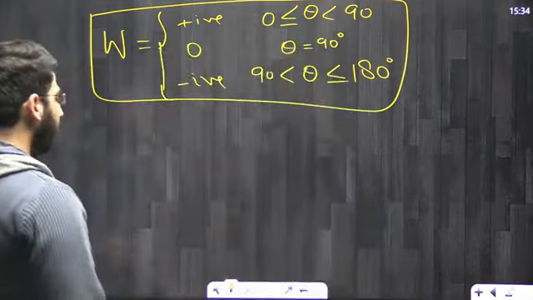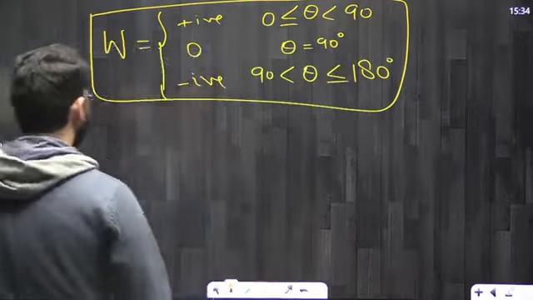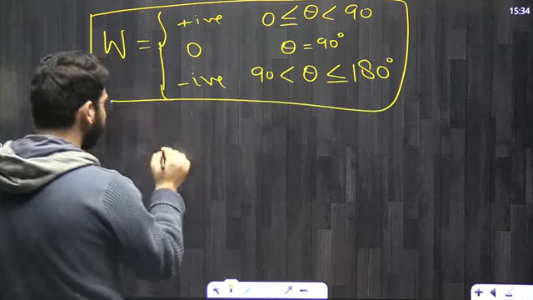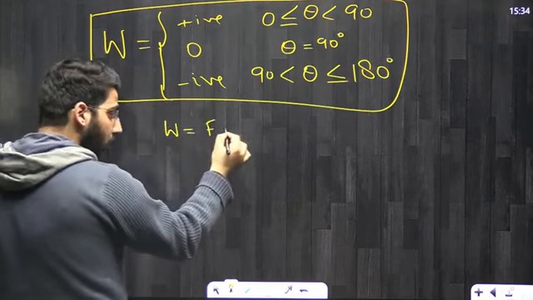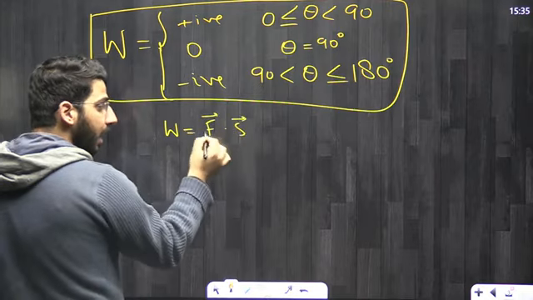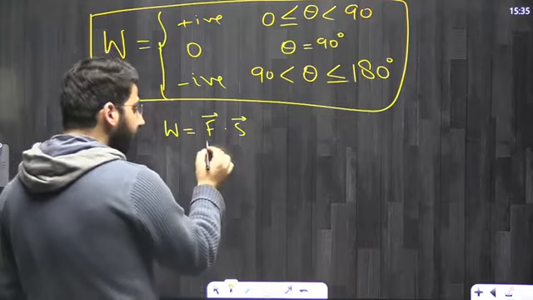Okay, so I'll be just starting with simpler numericals, and then we'll go on to make things interesting. Now the first thing. First let me tell you, you know that there are two formulas. One you can write in vector form, F dot S. So this F